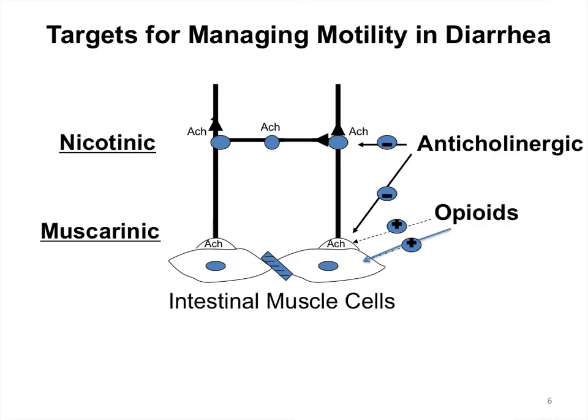Now, sometimes you're going to see a combination of an opioid and an anticholinergic, and I just want to point this out. Oftentimes, it's because the drug companies put these two agents together in order for the opioid not to be abused. Notice that the effect of an antimuscarinic agent would essentially be bypassed by an enhanced motility caused by the opioid. So when you see an agent like atropine together with an opioid in an antidiarrheal product,